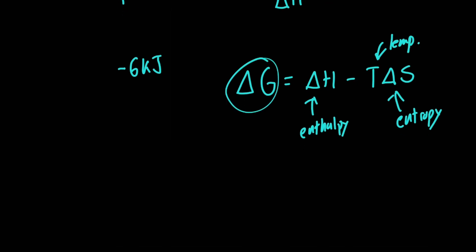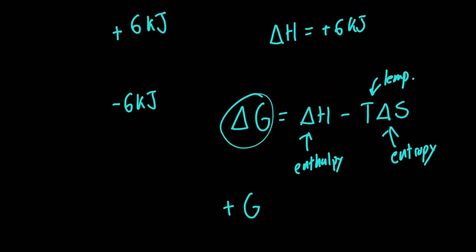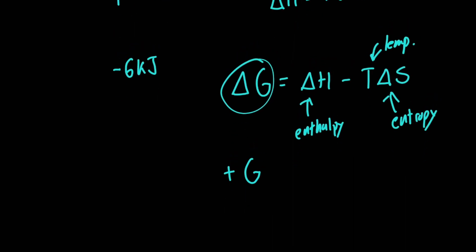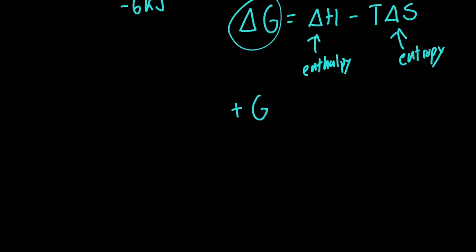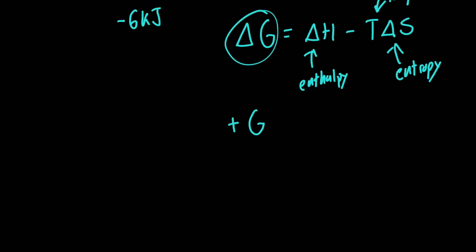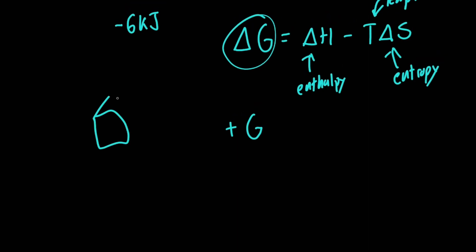So when we look at Gibbs energy, we know that a positive Gibbs energy indicates that it's non-spontaneous, just like a positive enthalpy value indicates non-spontaneous if we're only considering heat. But in this case, a Gibbs energy is a better predictor of spontaneity, because it considers entropy as well. Because in this case, when we're going from ice to water,